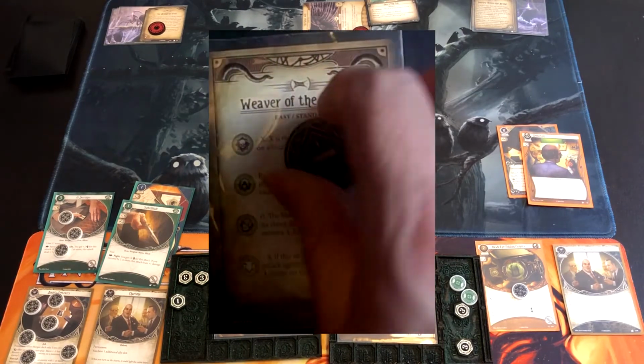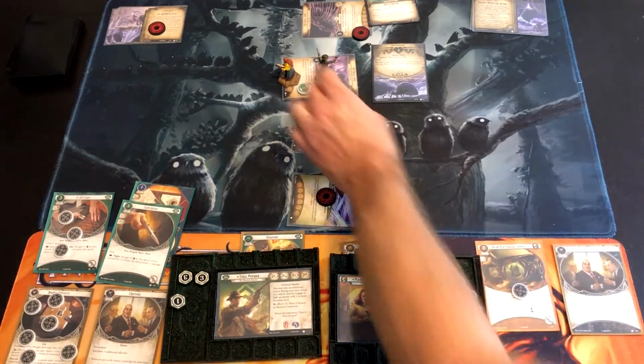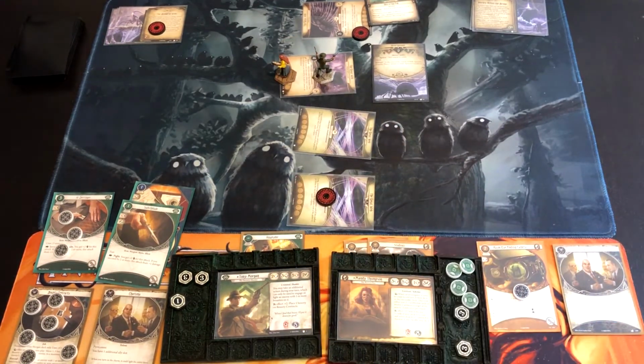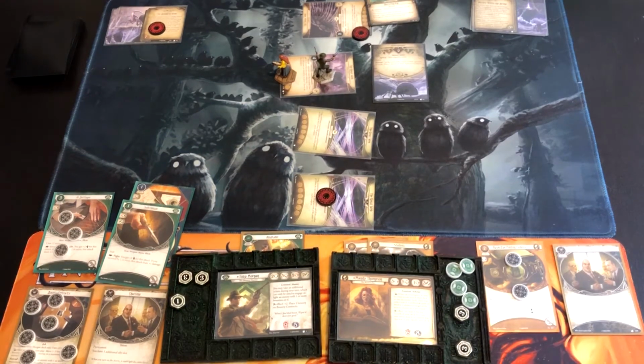Investigate gets a -1. She gets both clues, and she gets to power up Amber. So we only need 2 more clues and to be at the bottom. So we are doing okay. Alright, so now we do...